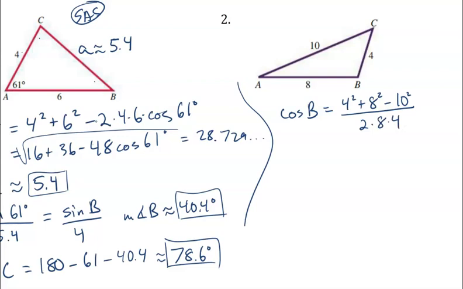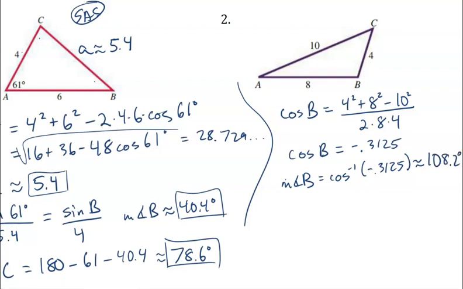When we evaluate that, we get negative 0.3125. Because this says cosine of B is a negative number, that tells me that when I do inverse cosine of this negative number, it's going to give me something in quadrant 2, meaning we have an obtuse angle. So in your calculator, do the cosine inverse of negative 0.3125, or the non-rounded version always, which comes out to be about